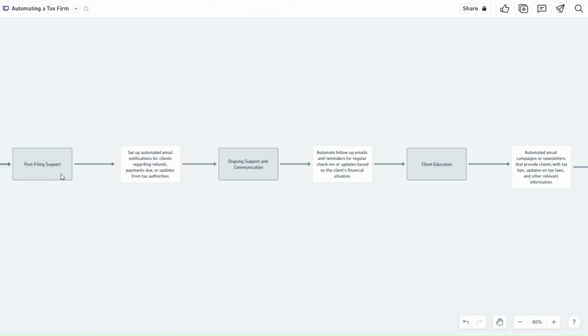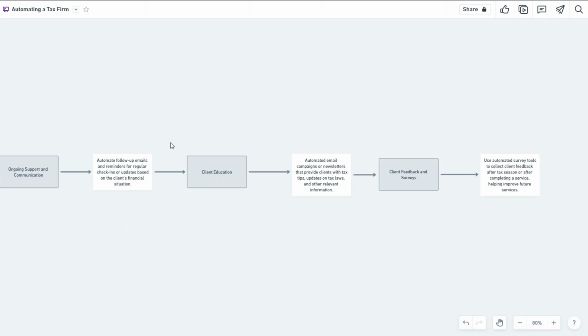After automating the post-filing support, the next process that we're going to automate is the ongoing support and communication process, where we'll automate the follow-up emails and reminders for regular check-ins or updates based on the client's financial situation. The other process that we're going to automate is the client education. We will send email campaigns or newsletters that provide clients with tax tips, updates on tax laws, or other relevant